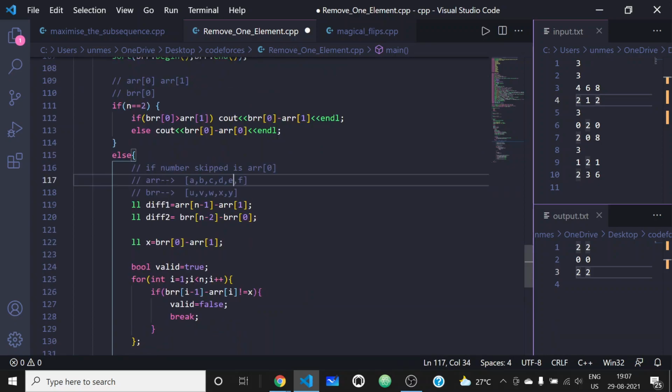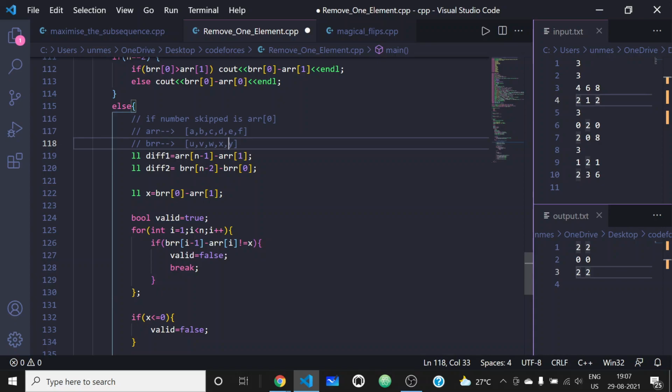Just in case he has skipped an element in between, then the difference between these two elements will be equal to these two elements. And so I'm basically checking that.